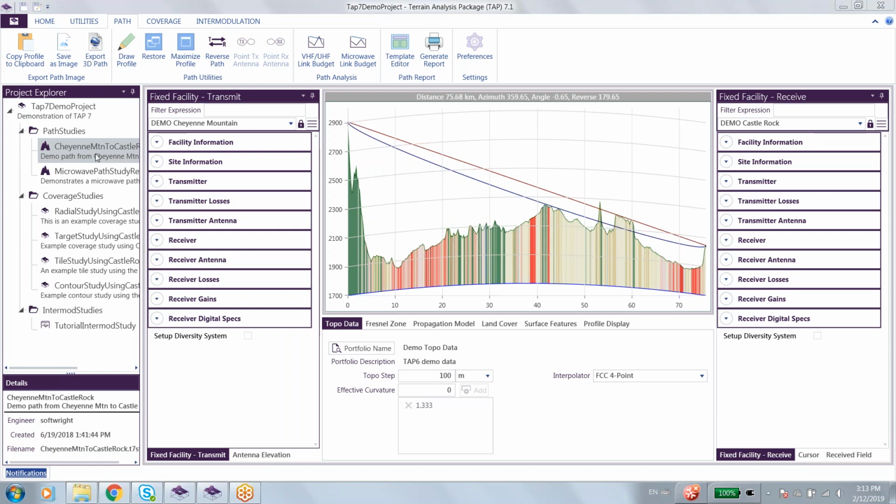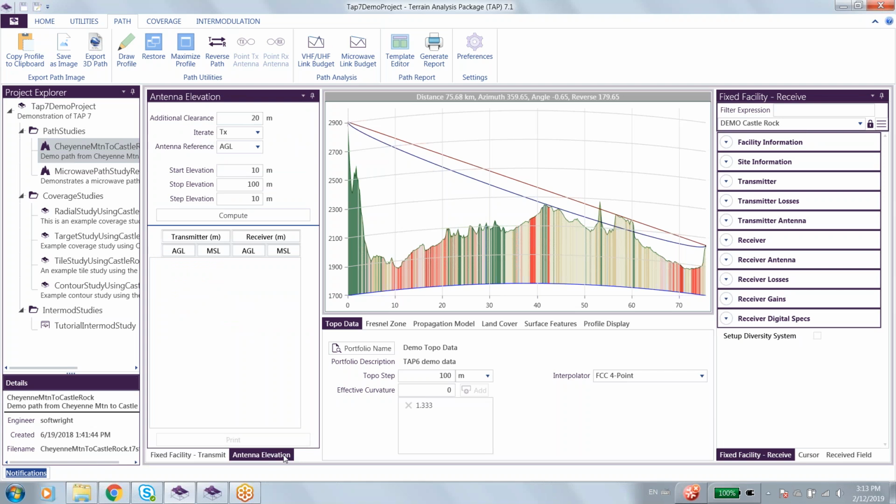First off, having the TAP 7 demo project loaded, we go to a path study that's in there already. This is Demo Cheyenne Mountain to Demo Castle Rock. You'll note down here there's a new tab, Antenna Elevation. You click on this. This is your antenna elevation module capability. You can enter in additional clearance. You can choose to iterate over transmitter and receiver and set the antenna reference as either above ground level or